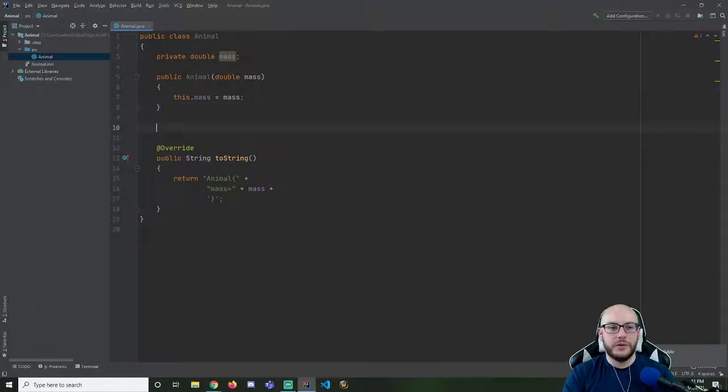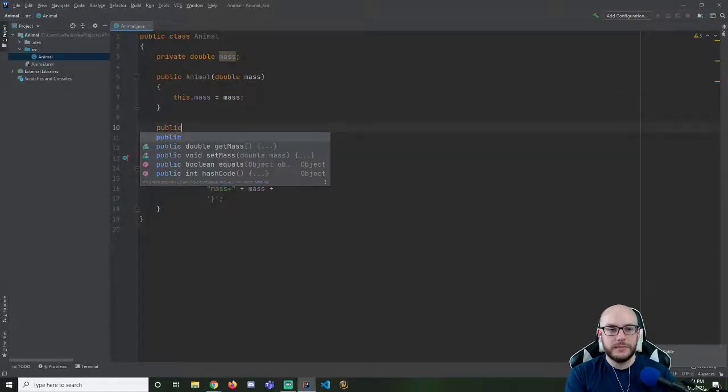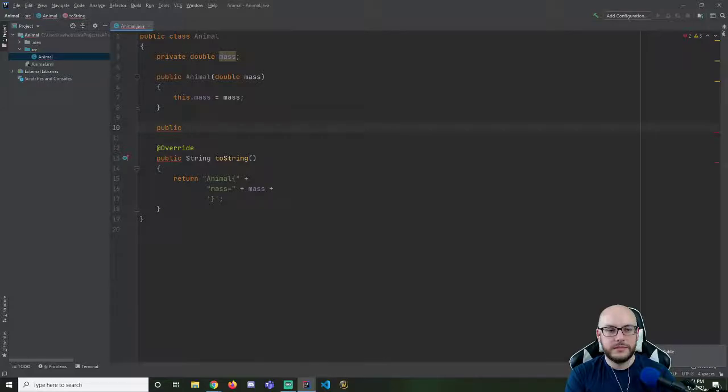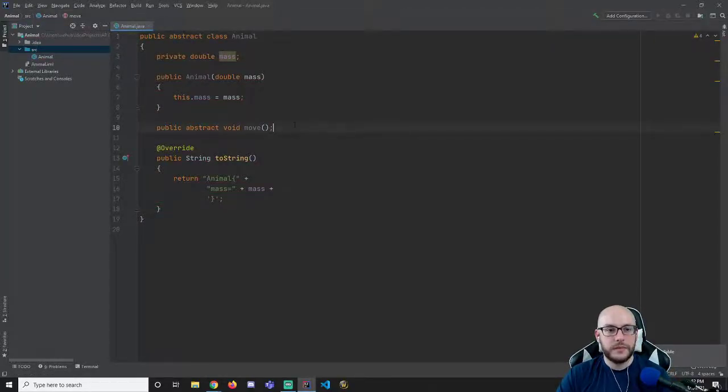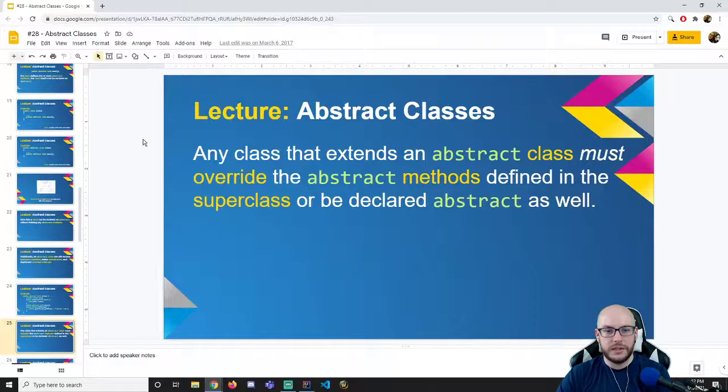Okay. I'm going to hammer home a point, which is public abstract void move. I'm going to plug in an abstract method. Right away, IntelliJ's mad at me. That is because we have an abstract method and a non-abstract class. So the moment that we have an abstract method, we also got to make the class abstract. Okay. Everything's happy, everything's jiving. Now, what I would like to kind of talk about